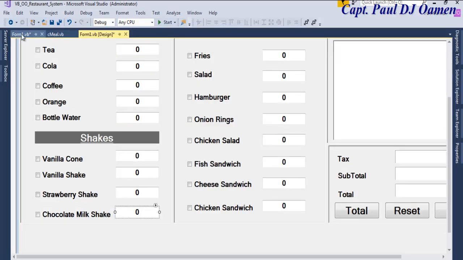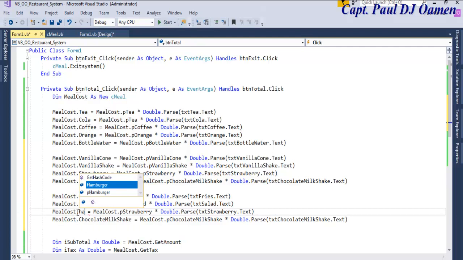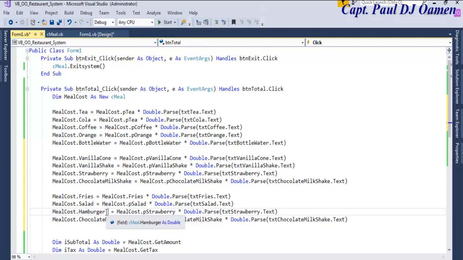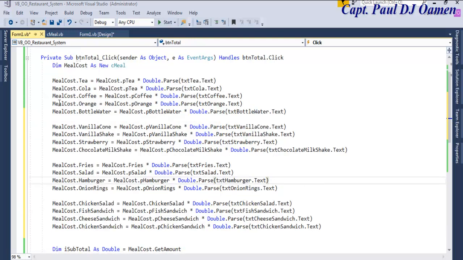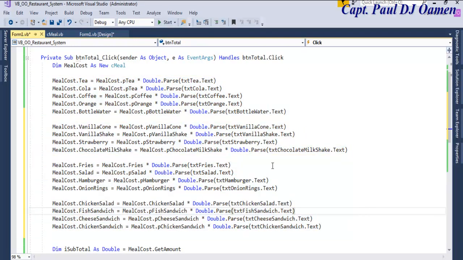Hamburger. Let's take care of the hamburger. We'll just speed it up because this is taking a little bit of time. There we go, guys. So I will now speed up the whole process and get back to you. Okay guys, all taken care of. The whole calculation is in place now,